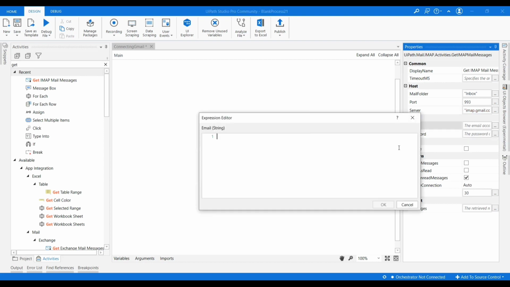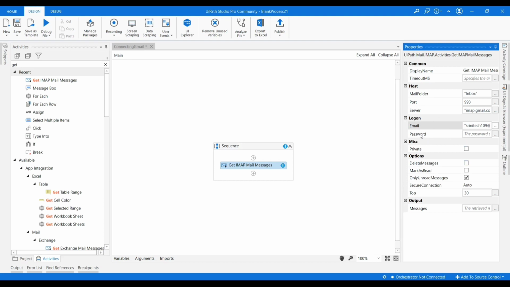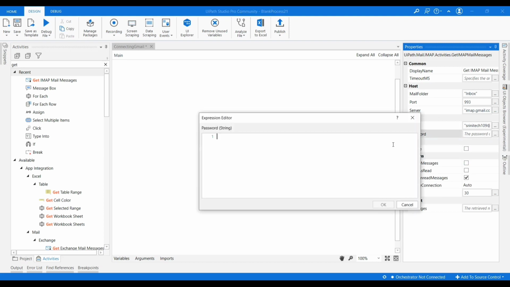Now I am clicking on email and entering my email address. I entered my email address and I am giving the password of my email ID.